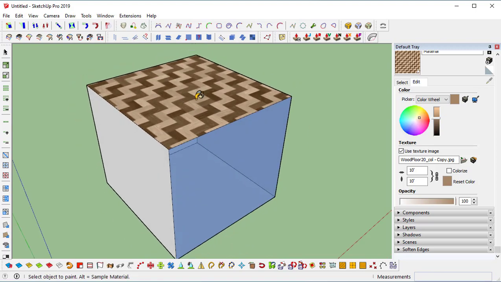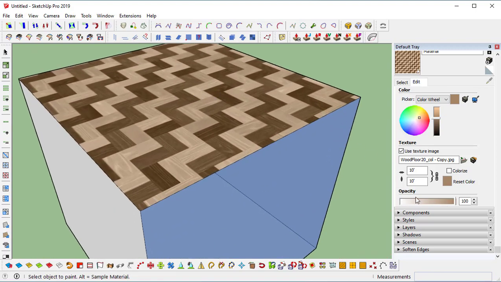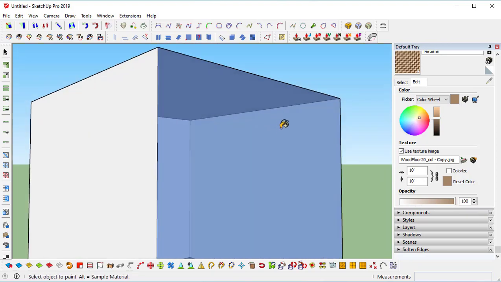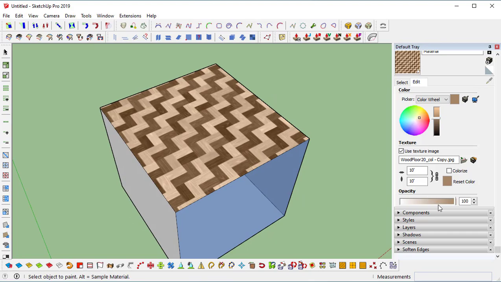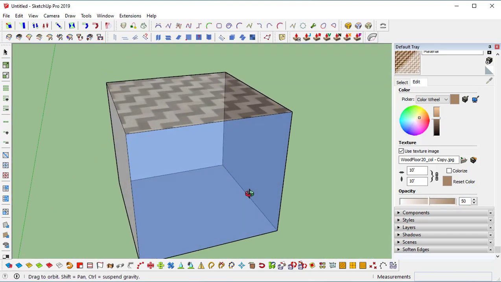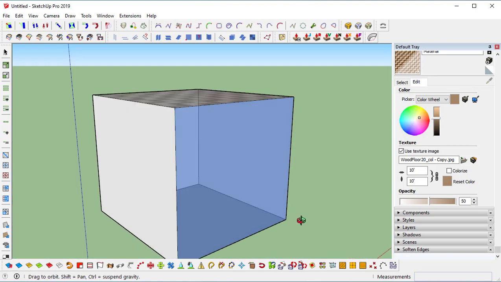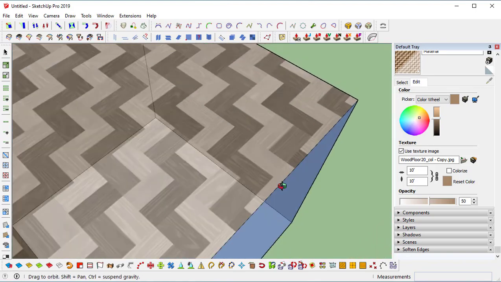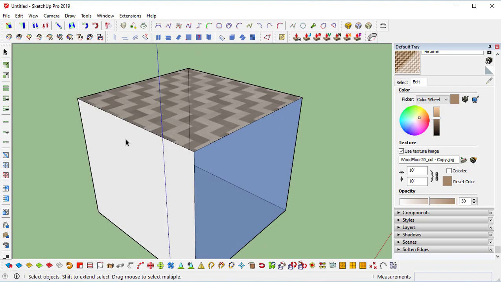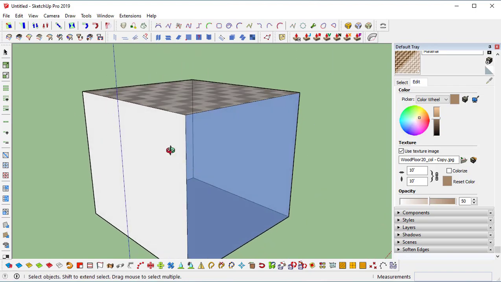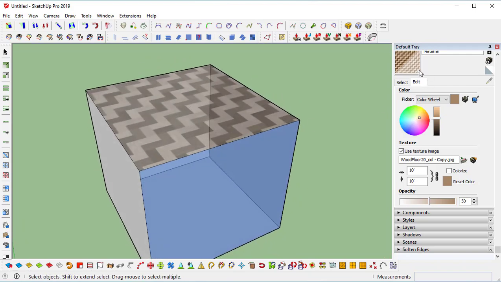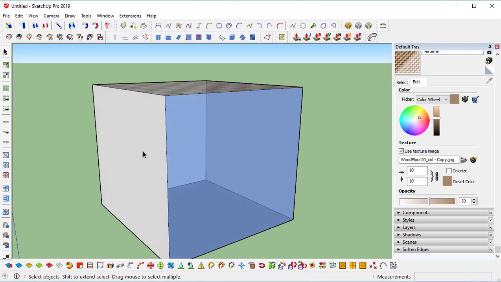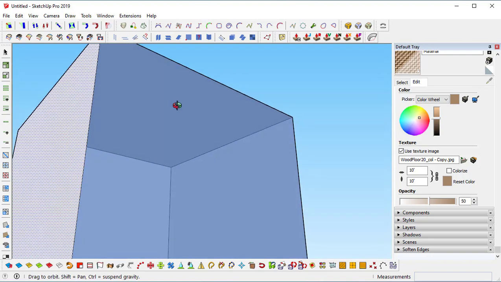100% means it is a solid texture. If you decrease the opacity, it is like a translucent texture. I can decrease it too. Like if I use 50, what happens? See, from the inside it is not looking transparent, right? Actually, if you apply the material, only the front face will be affected, not the back face. For glasses, that is a different story. What you can do is simply apply the same material from the inside also.